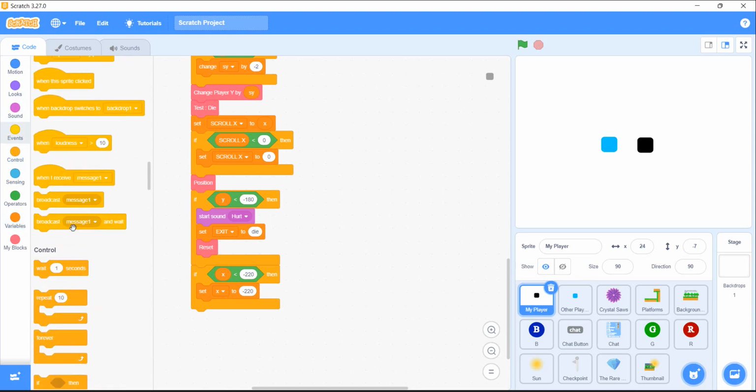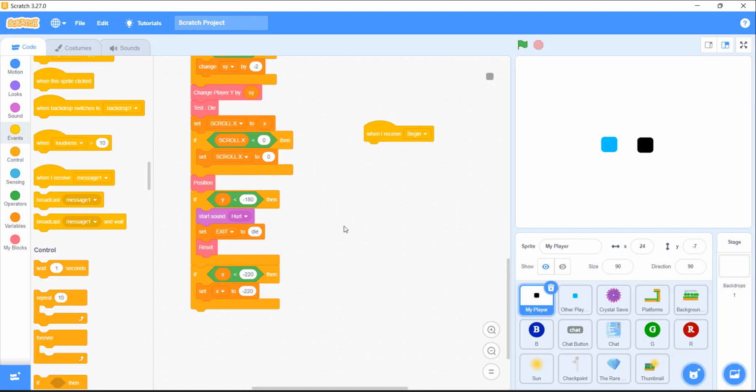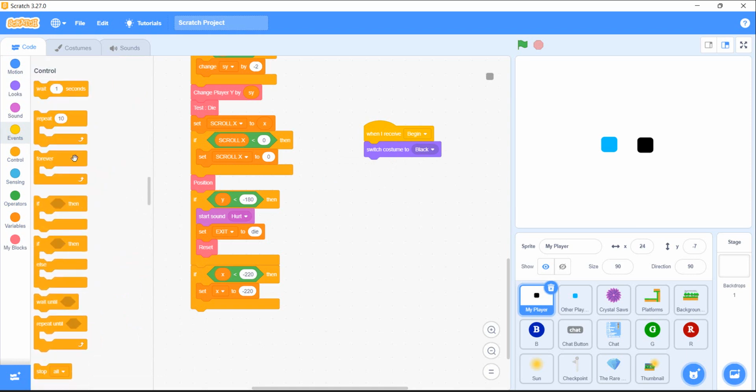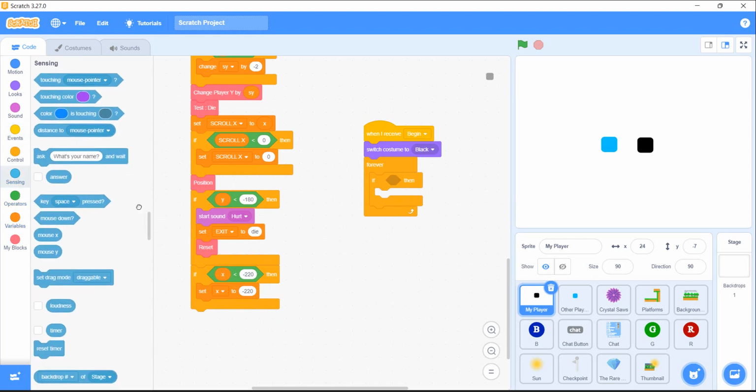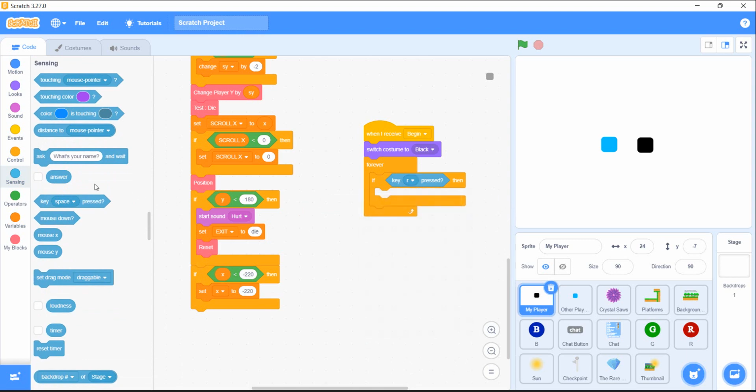Now we're gonna go to events, and then when I receive message, then make new message and begin. When I receive begin, then go to looks, then switch costume to black, and then get a forever loop, and then if R pressed, then go to sensing, and if key R pressed, this is for the color of the player,